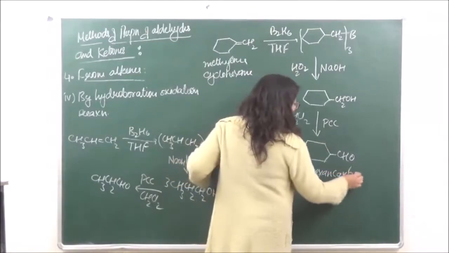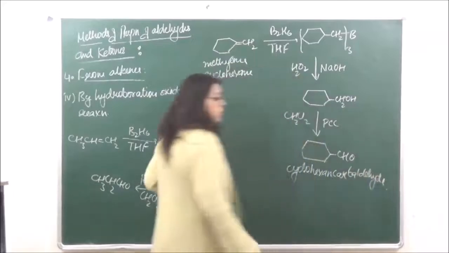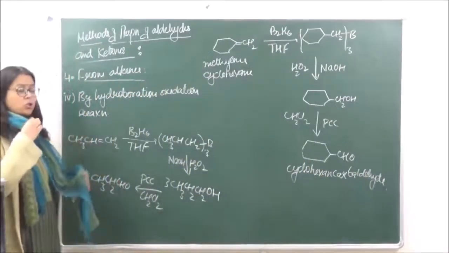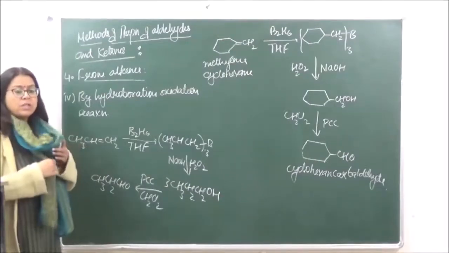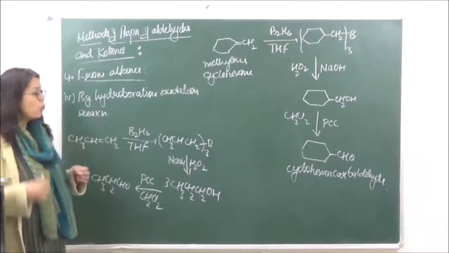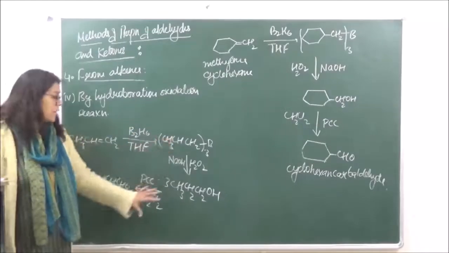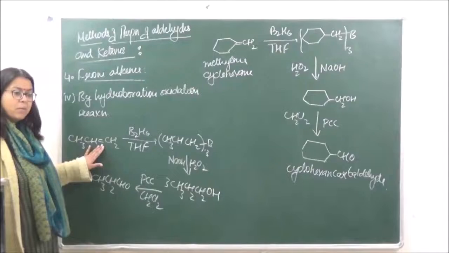Now the mechanism is the same. Okay, if you know the mechanism and you know what is happening to the functional group, you can do the reaction with any kind of reagent. It is not going to be difficult. The only thing is that you should know that if you are using this reagent, this is the compound which you are going to get. Okay, and the reactant should have a double bond.